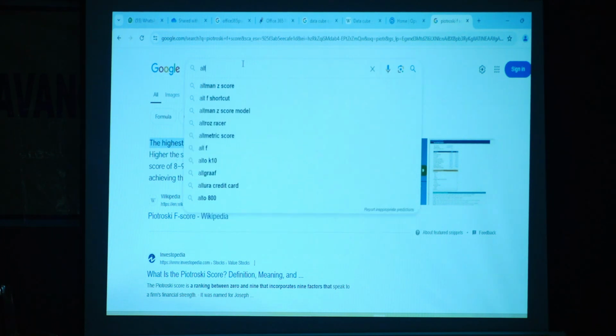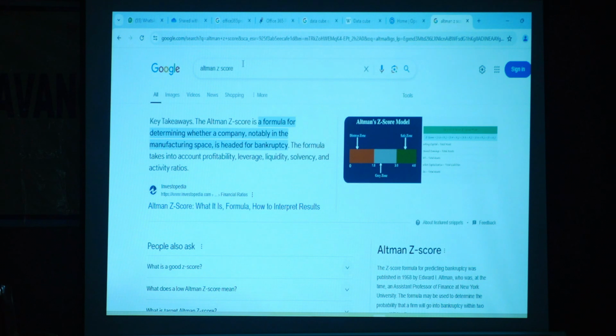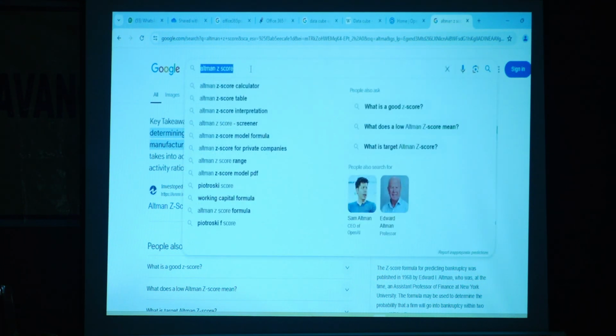Altman Z score. Determining whether a company, notably manufacturing, is heading towards bankruptcy. Whether this company will go bankrupt in a few years, we can identify. So Altman Z score, definitely for bankers, for bank audit purposes, definitely you can use our 100 balance sheets if you want to verify. We can use this. Altman Z score. And then the last one is